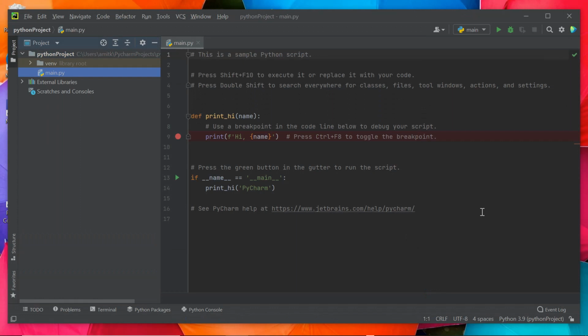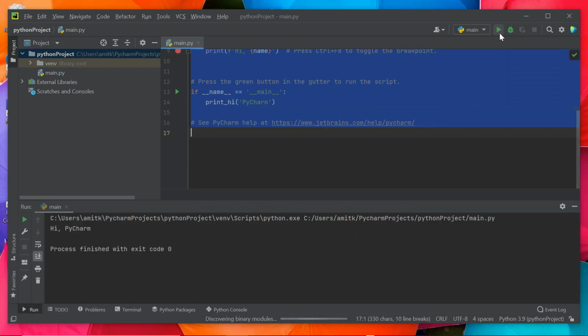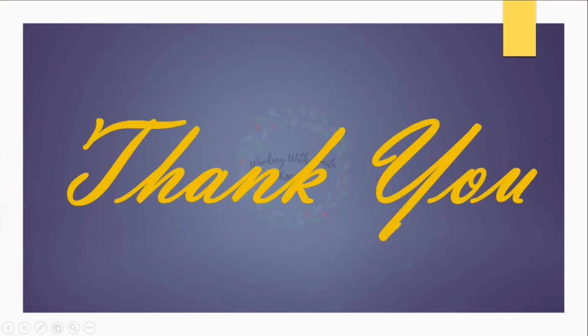There are several different features available in PyCharm which you can explore, but let's see how we can run a basic Python script. As you can see, it comes with a sample code. Now in order to execute it, click on this green arrow button called the run button. The moment you click on it, the terminal window pops up and you can see the output of the code that just got executed.